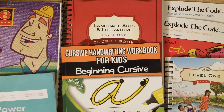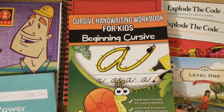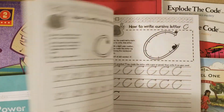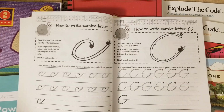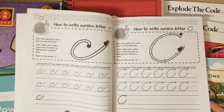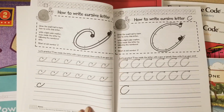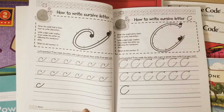Let's get started. I'm going to share with you guys the cursive handwriting workbook for kids. This is the beginning cursive. I shared this with you guys last year because my daughter was doing it as well, and she finished it and now she's using The Good and the Beautiful. I highly recommend this book. It's really inexpensive on Amazon. I'll link it down below, but I like the fact that you draw within the letter, and then you do it a few more times on the 1st and 2nd row,